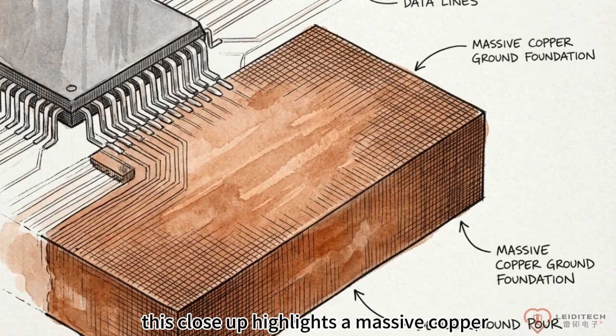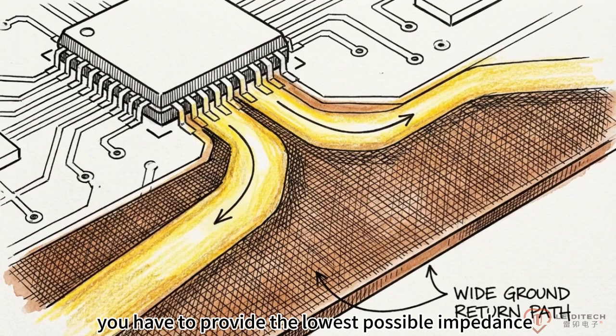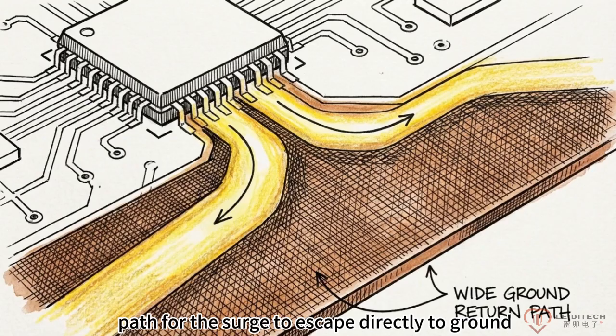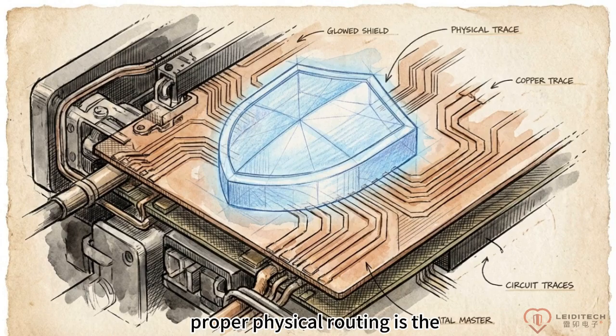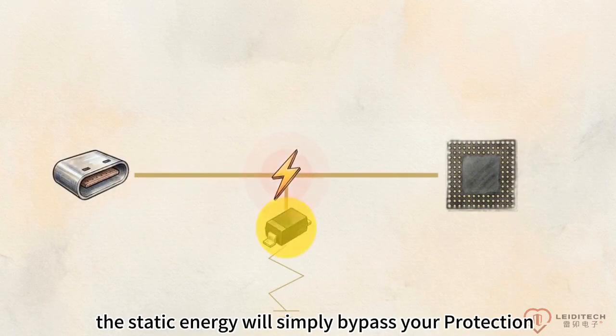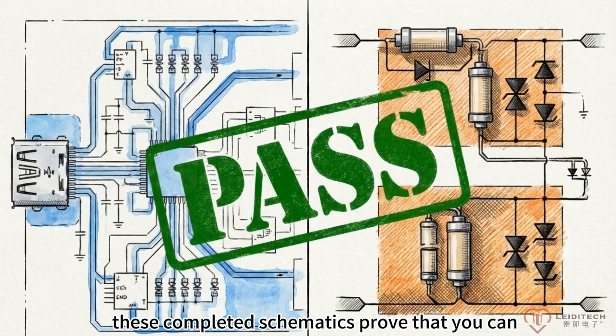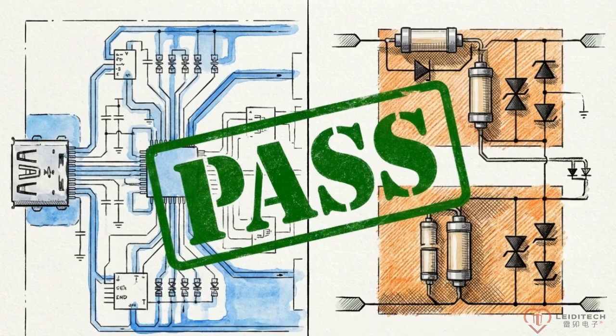This close-up highlights a massive copper pour connected to the ground pins. You have to provide the lowest possible impedance path for the surge to escape directly to ground. Proper physical routing is the foundation of the shield. Without a wide, low-impedance escape route, the static energy will simply bypass your protection diodes and find a path through your core processor. These completed schematics prove that you can defend both the most sensitive high-speed lines and the most